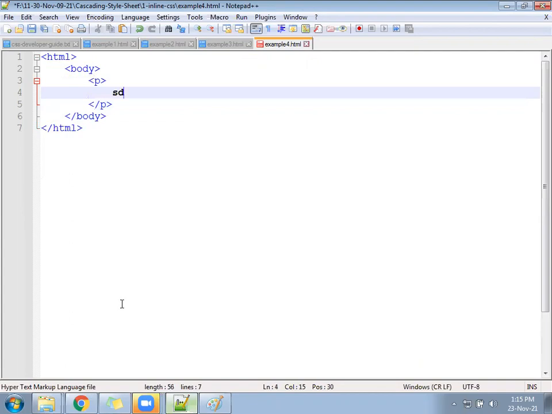Inside the paragraph, write some equal text, 2-3 lines.